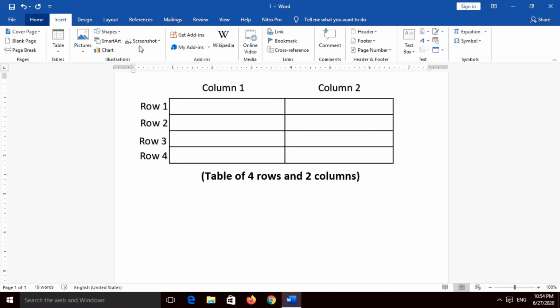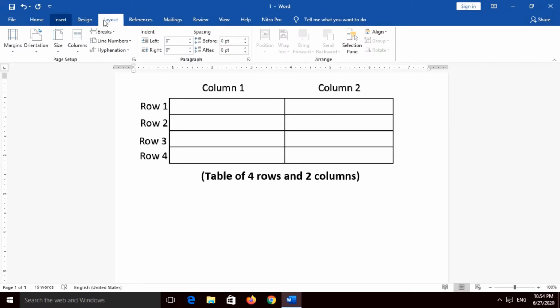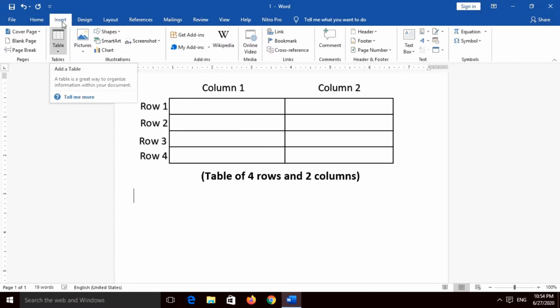Now as you can see on the above screen, these are the different ribbons of MS Word, Microsoft Word. So where we need to go to create our table, that option is available on the Insert menu. When you go to the Insert menu, on the ribbon you can see an option called Tables.